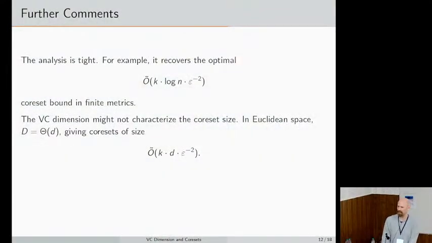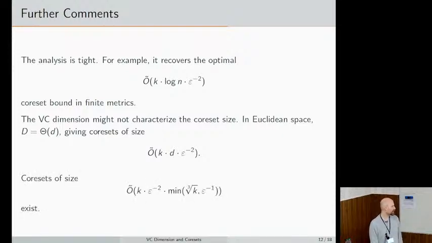However, I want to emphasize that the VC dimension is not going to give you an optimal bound in general. So that's also why I think that, if you're really interested in your metric, it's probably better to try to do something by hand. Because in Euclidean spaces, the VC dimension is, to be very precise, going to be k log k times d, and we have coresets that are independent of d.